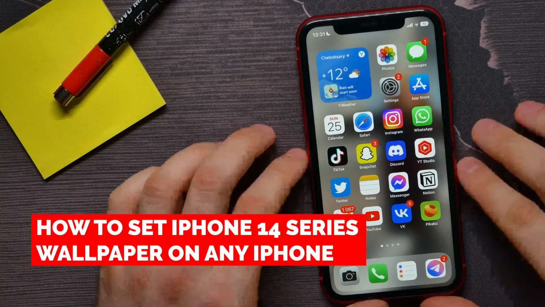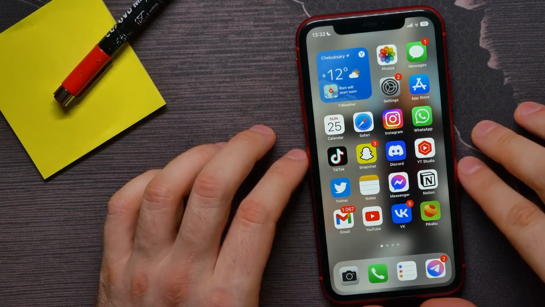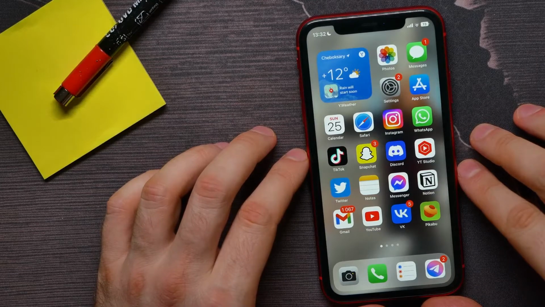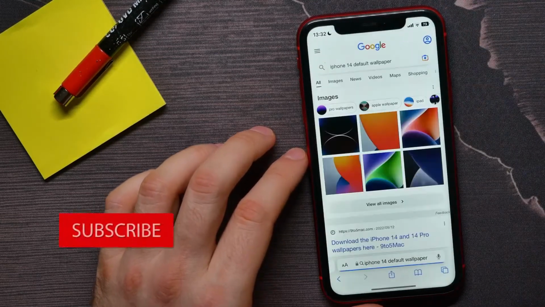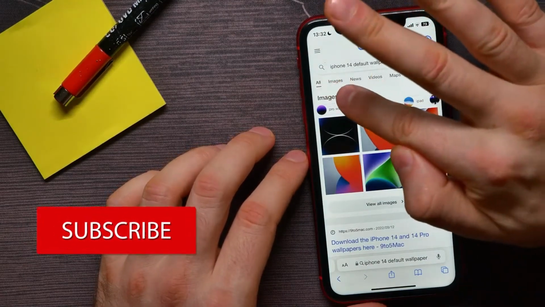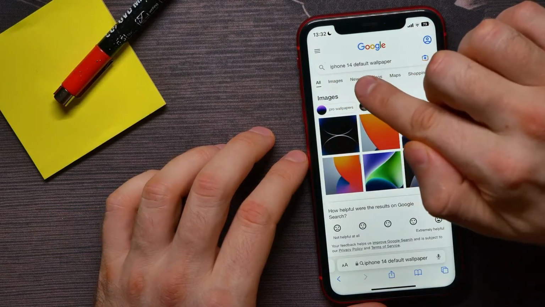In this video, I'm going to show you how to get iPhone 14 series wallpaper on any other iPhone. That is quite simple and easy to do, so let's begin. And first, open up web browser, then open up google.com and in the search bar just enter iPhone 14 default